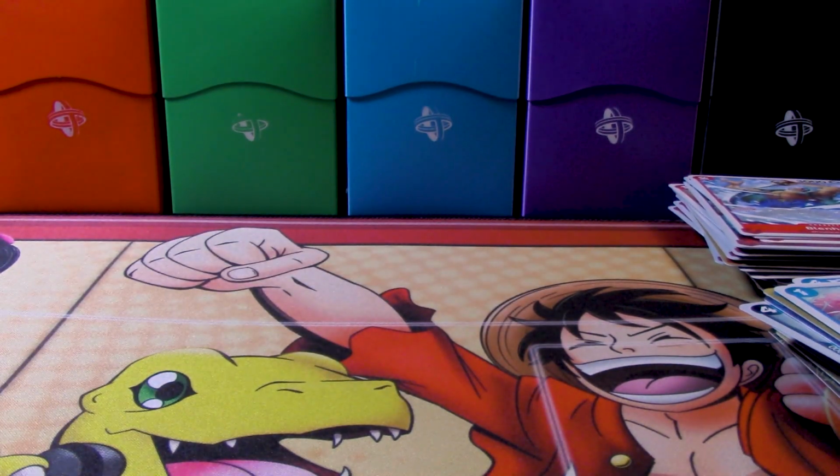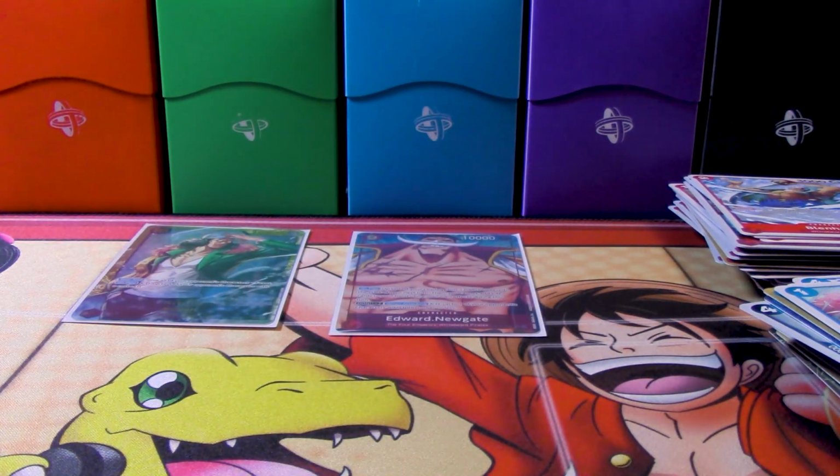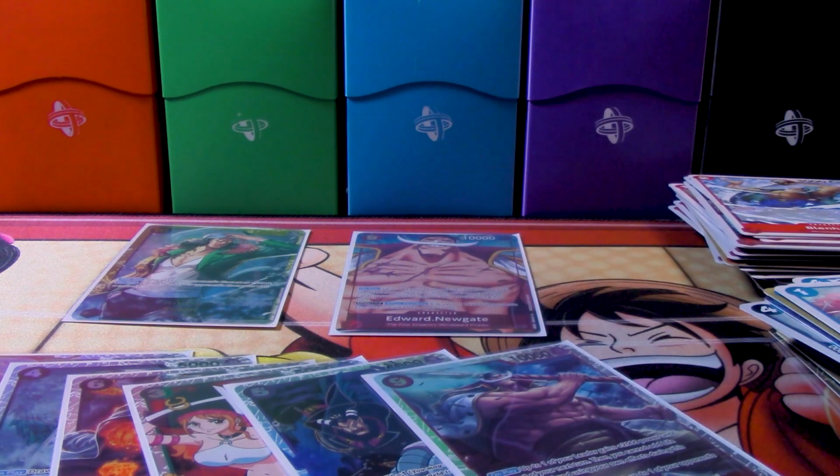So altogether though, let's take a look at what we got. Alright, so we got ourselves 1 secret rare, we got ourselves 1 alternate art, and then we got 1, 2, 3, 4, 5, 6, 7 super rares. That's a pretty good haul for a first box, and honestly, I'm just happy I got my hands on Kuzan,